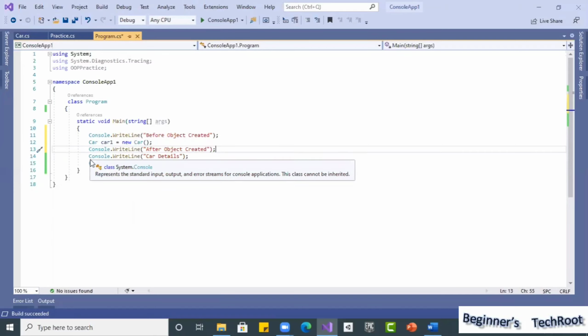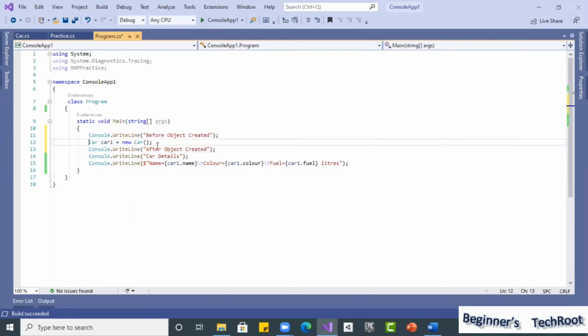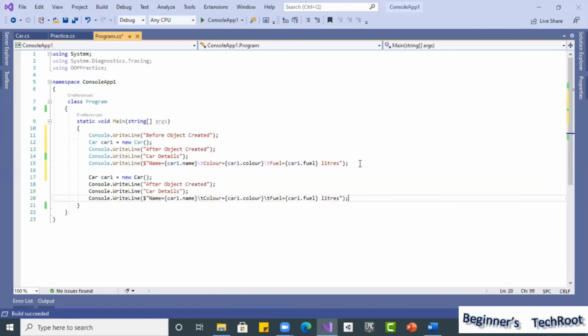And then suppose while creating an object, I will take all these details one more time. Okay, I will create an object in a different way, using the second way of overloading, where we need to pass 3 parameters, right? I will do that. So name I will give as Tata, and then color.